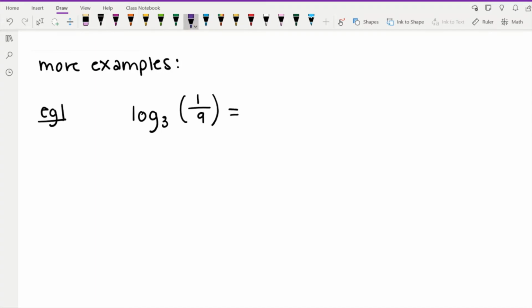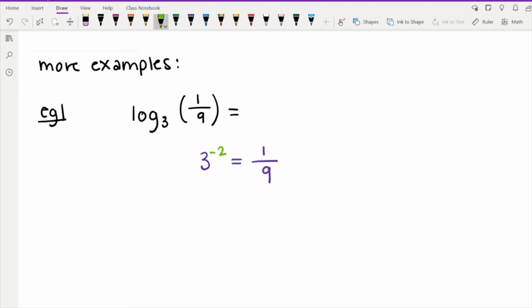So just like on the earlier examples, this is asking us to find an exponent, right? We're just trying to figure out what power we would have to raise 3 to get 1/9. So remember, what is the type of exponent that gives us 1 over something? Well, it's negative exponents, right? So if we were to raise 3 to the -2,